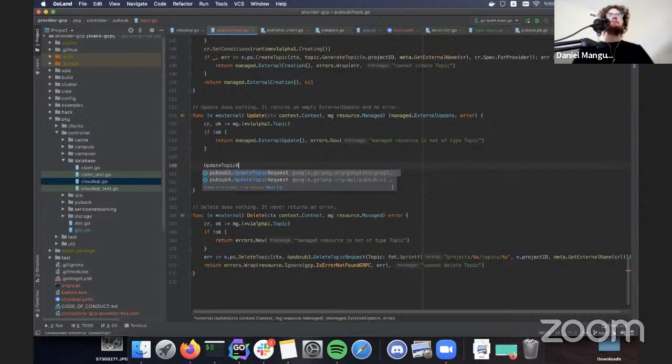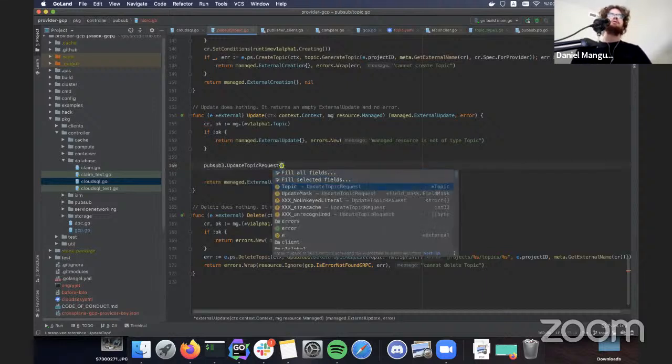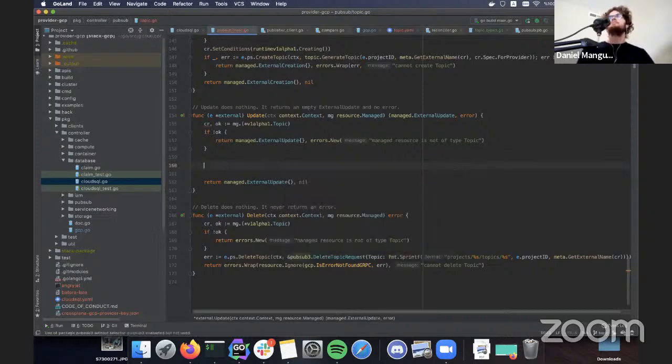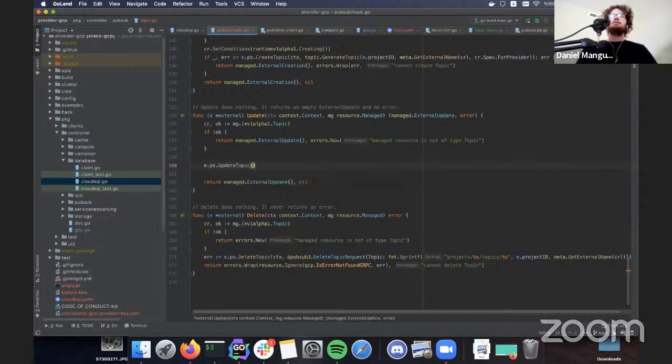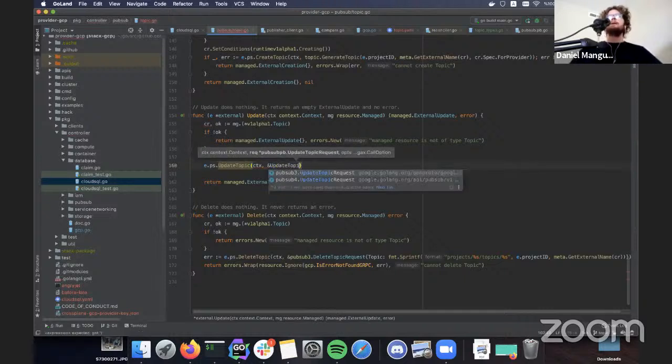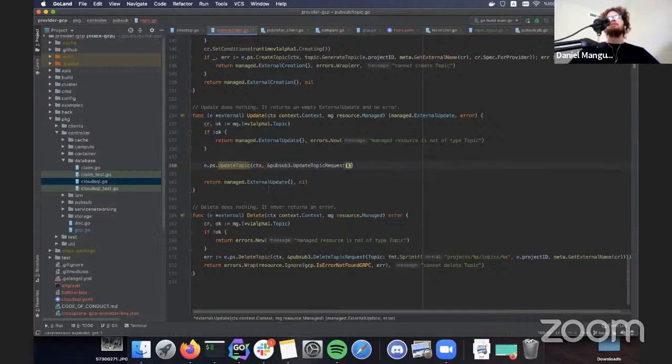One of the things that can be frustrating with updates is that sometimes, especially in GCP, there are multiple calls for updating a resource. There might be one call to create it where you provide all the parameters, but then when you want to update, a lot of times the update method for tags is different for a resource.